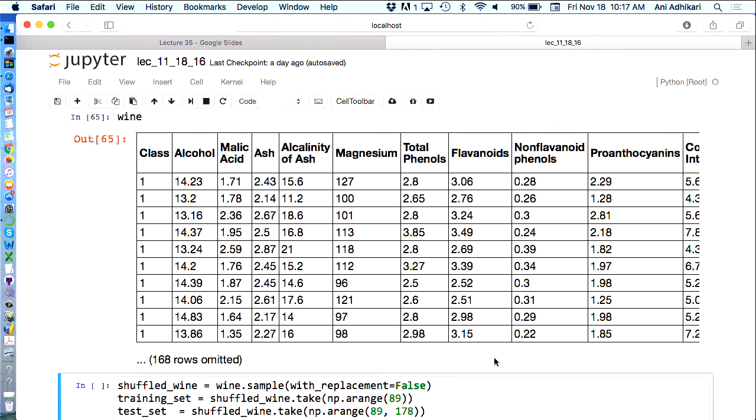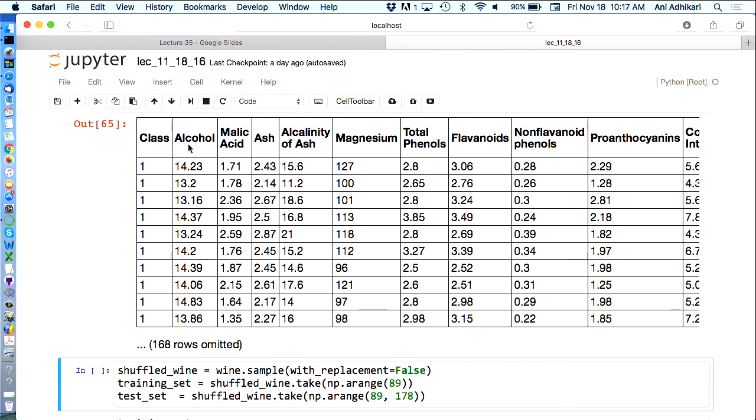So what we're going to do is take this entire 178 row table and shuffle it. Take a look at that first line. I'm applying dot sample to a table without a sample size. Therefore, by default, it chooses as many as we have rows. So it's going to sample 178 without replacement because of our option. And then we take half of them to be the training set and the other half to be the